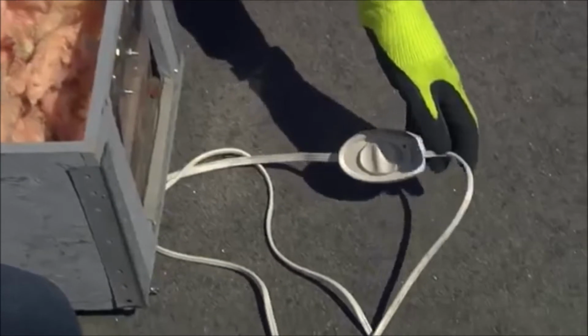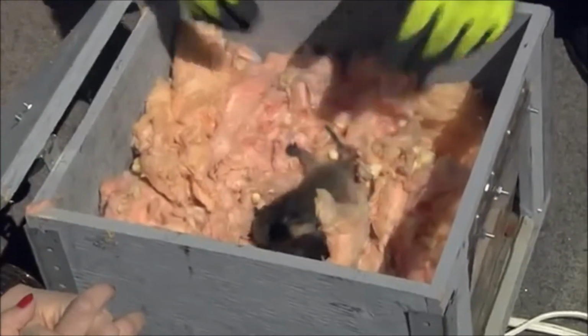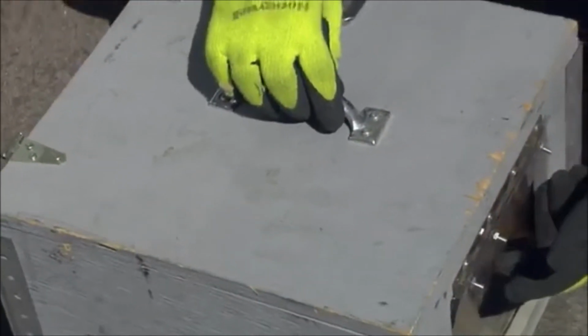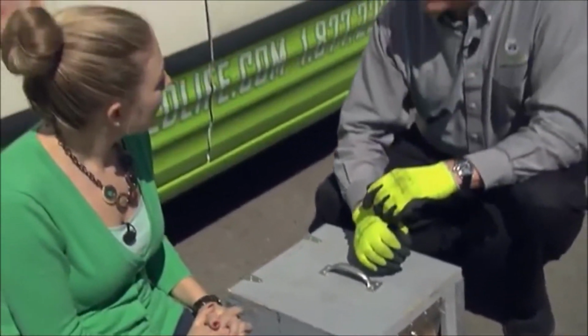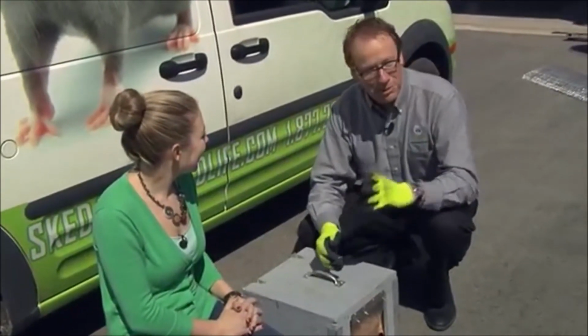Very nice. We'll put these babies in this reunion box on the roof, and we close everything up. And there's a little doorway on here, so Mom comes in at nighttime, goes in through the doorway. We'll pick up the babies, and she'll carry them off to one of her alternate den sites. Oh, they're cool. They typically have 10 to 15 in the neighborhood, so she'll have already been in,